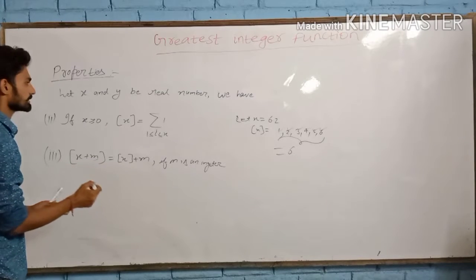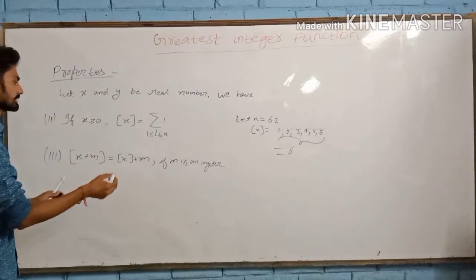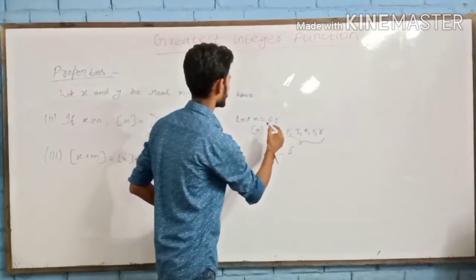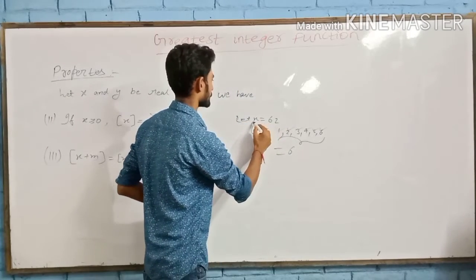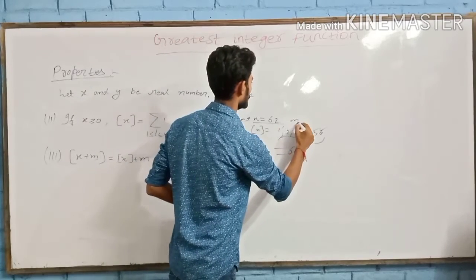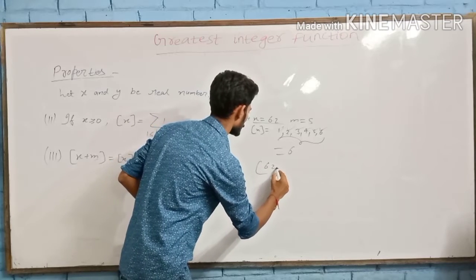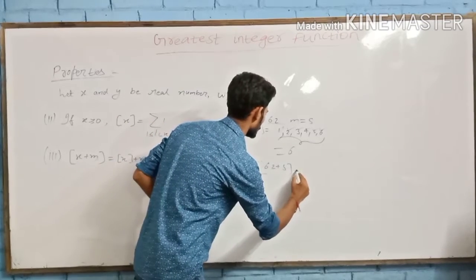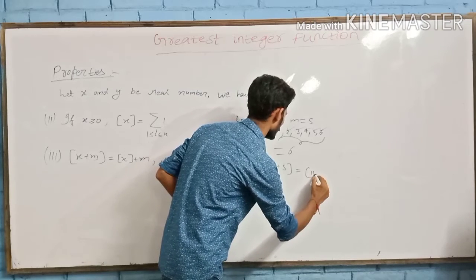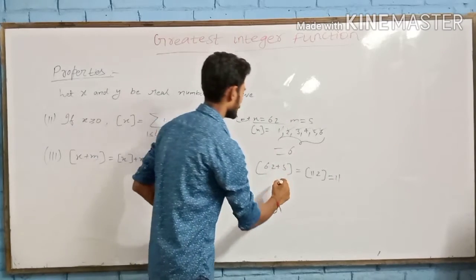If m is an integer, then box of x plus m is box x plus m. For example, let's see this example. x is 6.2 and let m be 5. So box of 6.2 plus 5 is equal to box of 11.2. This is 11, and we can also write it as